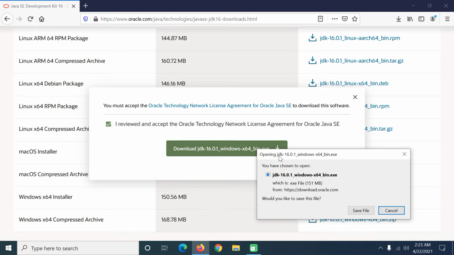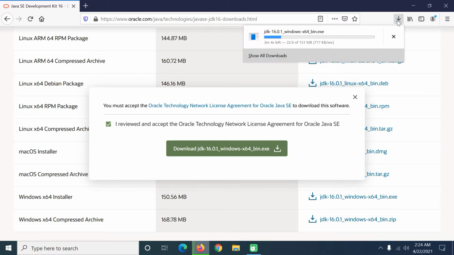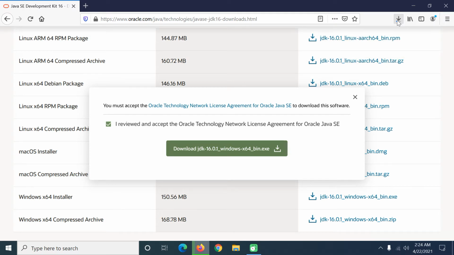Then a pop-up will appear asking you to save the file to the local drive. I say save file. Then the download starts. It will take a while to download the file to my local system.